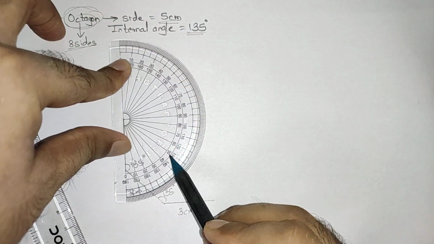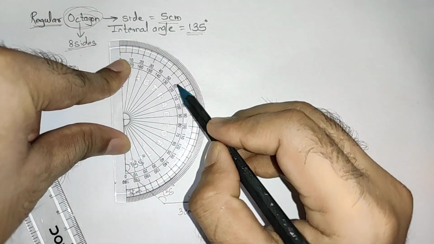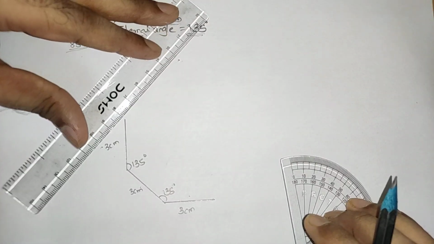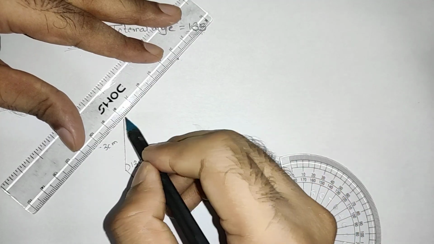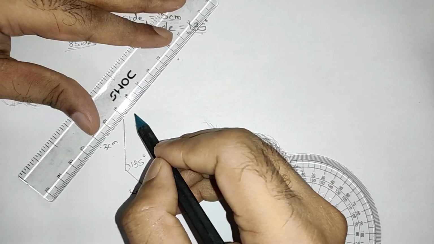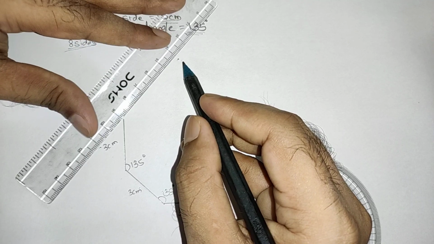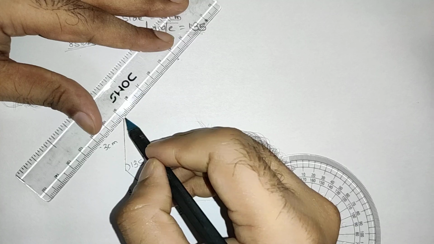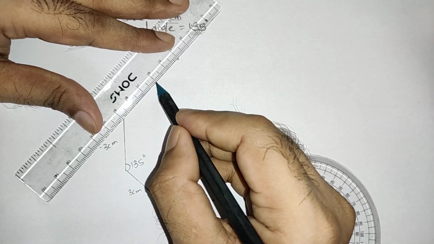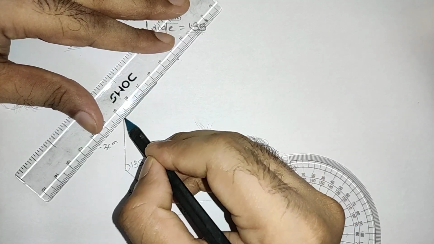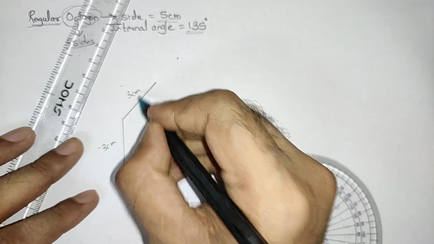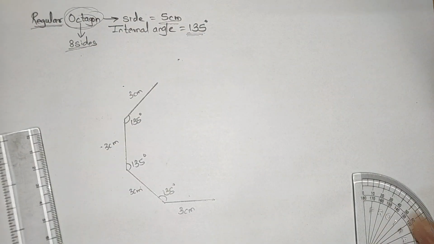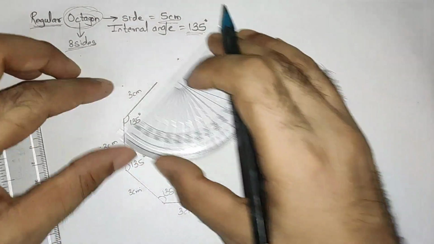Repeat the same thing even at this point. 0, 10, 20, 30, up to 130 and 135 is over here. Place the ruler. This should be on the ruler and it should be easy for you to count. If this is this way, please adjust so that counting becomes easy for you. If this is at 9 and if I draw a line segment, I have to stop at 6. So this is 3 centimeter. This angle is 135 degree. Again, follow the same thing and repeat.